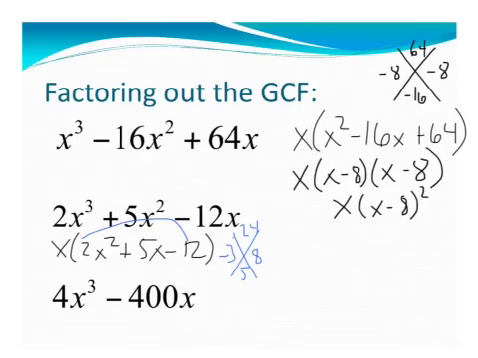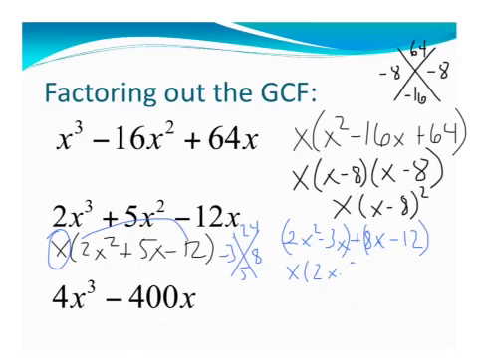So that x, this x right here, is just going to stay chilling out front. Don't worry about it. I'm going to worry about the inside for now. So I'm going to have 2x squared minus 3x plus 8x minus 12. I'm going to group it. And here I can take out an x, and I'm left with 2x minus 3. And here I can take out, let's see here, how about a 4? So I have 4, and I get 2x minus 3 left inside. So what I have here is x plus 4